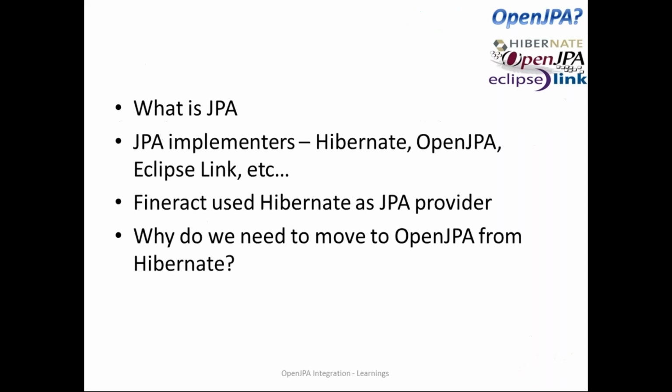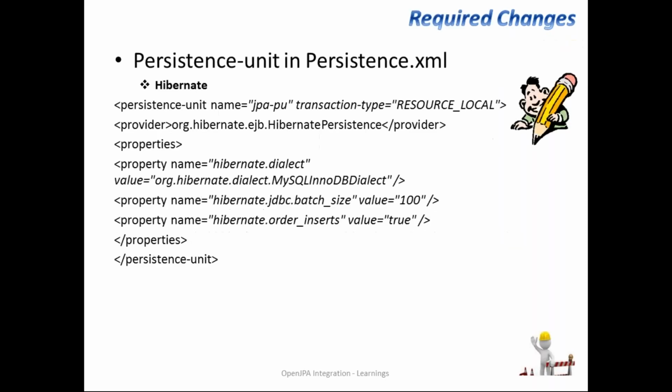So in this sense, we have faced a lot of issues when we were moving to OpenJPA. When you are moving to OpenJPA, it just means you are switching your entity managers and the provider basically. So how do you go about it? The first thing is you change your persistence.xml. Here the main thing is